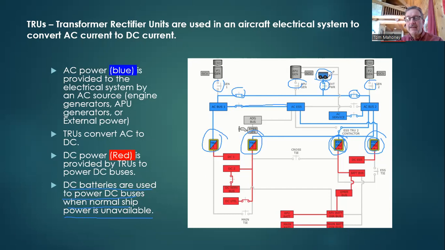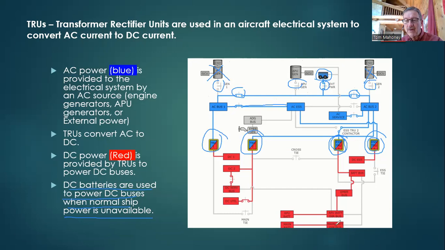That means, let's say we're flying along and we're not on external power. We have to be on generator power 1 and generator power number 2, powering the aircraft. Let's say we had a fault in this generator, it goes away, or we lose an engine, and of course that engine powers this generator. We lose that generator also. If the APU is not already running, we have lost all sources of AC electrical power. At that point in time,